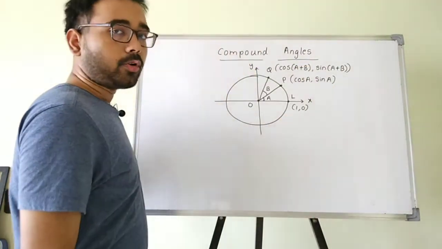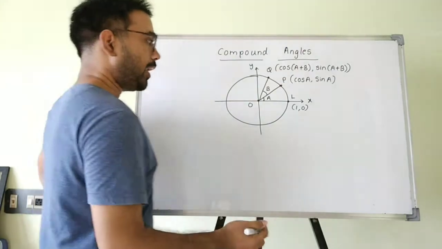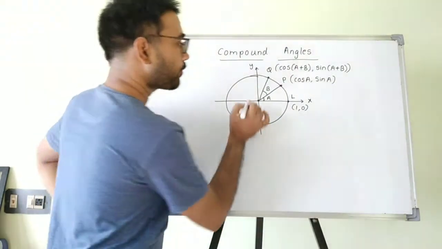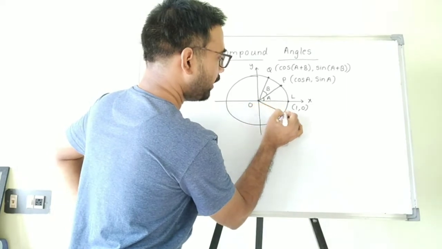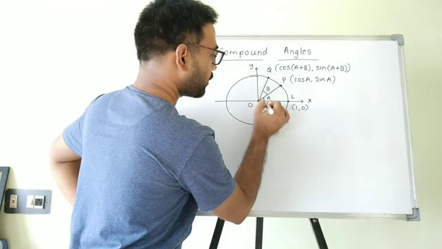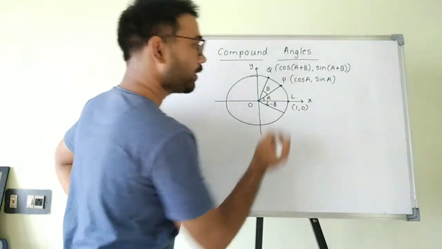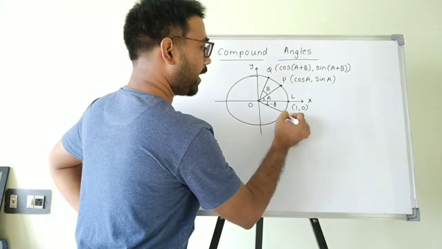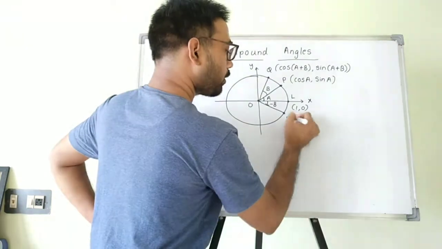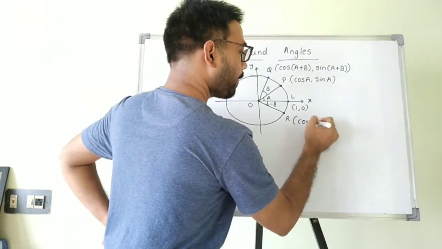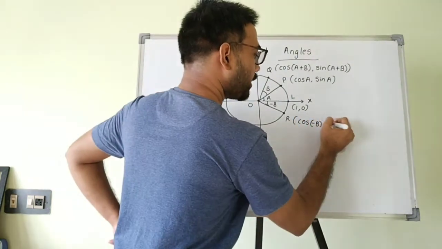So these are going to be coordinates of Q. Now let us take one more point, which is making angle B, but in anti-clockwise direction. So this is minus B. Let us call this point R. So the coordinates of R are going to be cos of minus B comma sin of minus B,